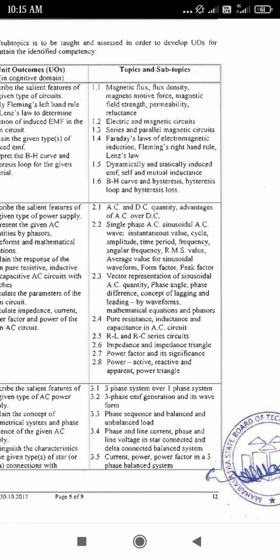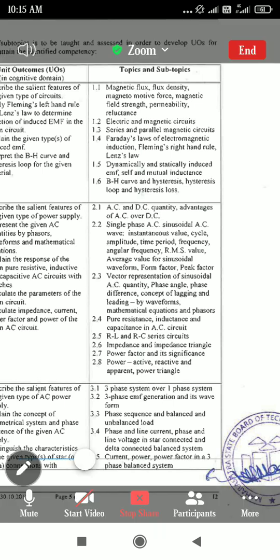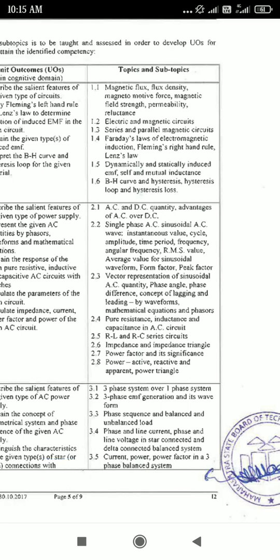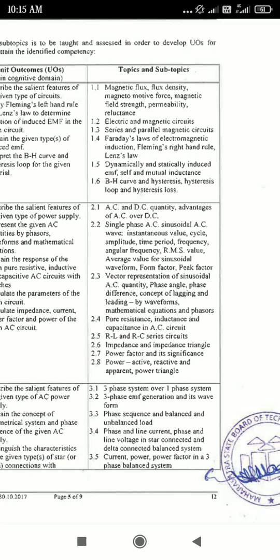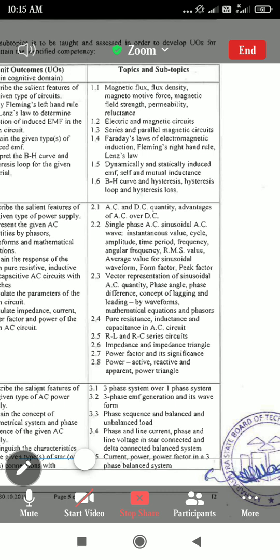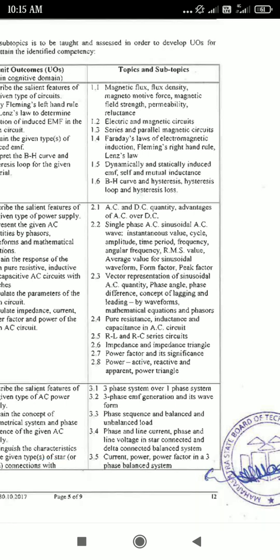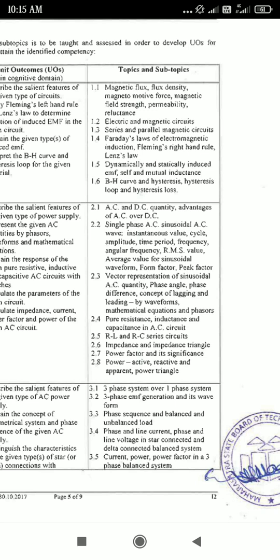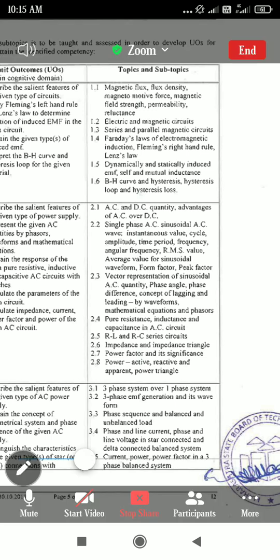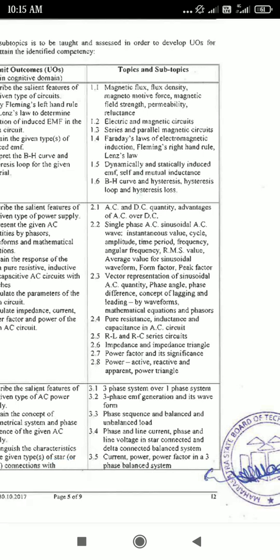What is meant by single-phase supply? Then the waveform of three-phase supply and single-phase supply. Then three-phase EMF generation and its waveform. We also draw the EMF equation and its waveform for three-phase supply as well as single-phase AC supply. Then what is meant by phase sequence? In a three-phase AC supply, generally the phase sequence is R, Y, B. So why does this phase sequence happen? This point is also discussed.